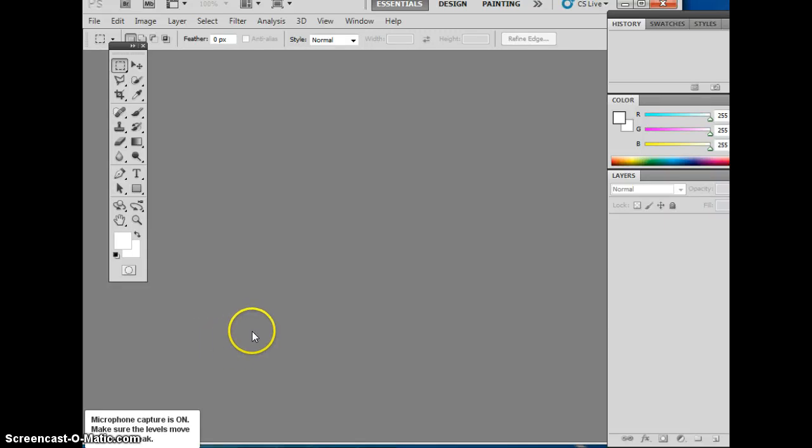Okay, this is tutorial number 3, and this one is on using selection tools in Adobe Photoshop. The first step to this process is getting some pictures to work with. The first thing you need to do is go to File, Open,